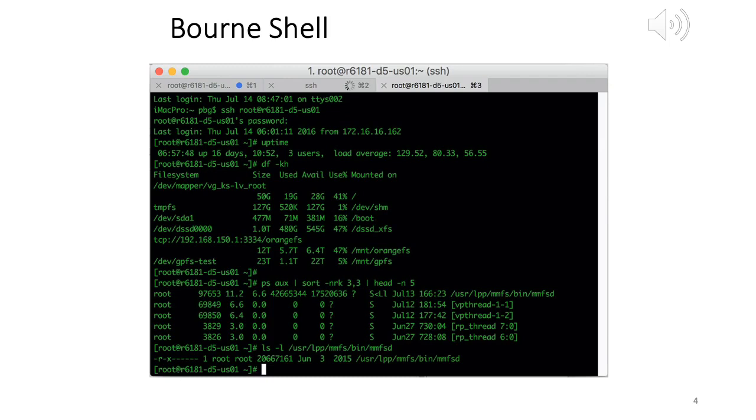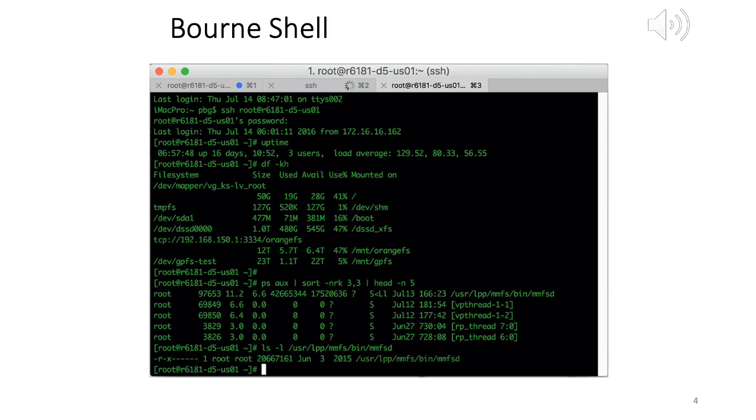The shell for Linux would look very similar, as would the one for Windows. You can see the command prompt, and the root user or system administrator is logged in and typing certain commands. df is a command, and then ps is a command, and so on.